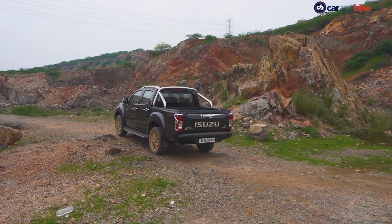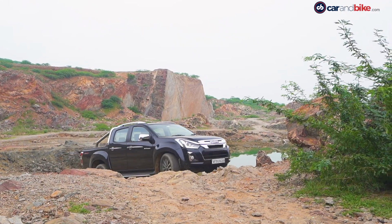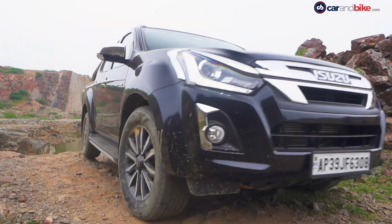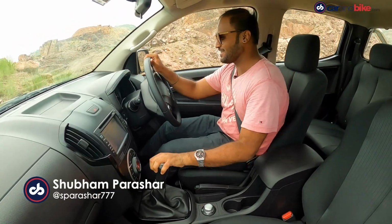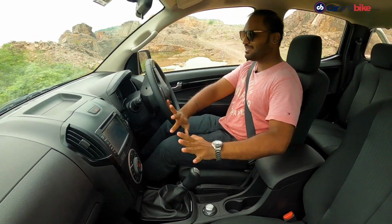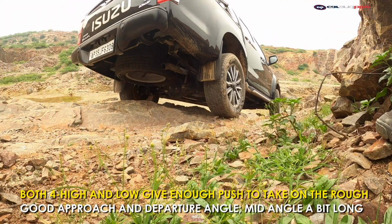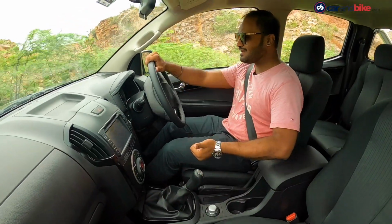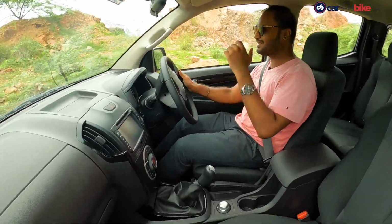And with us is the 6-speed manual iteration mated to the new 1.9-litre VS6 engine, which we haven't tested before. This thing just prances over anything and everything. Be it in 4 high or 4 low, you just don't worry about the momentum because you have got enough of it, and it holds the revs nice and tight at 2000 rpm, so you have got enough push. And then I really don't worry about the approach or departure angle because it just goes over anything without breaking